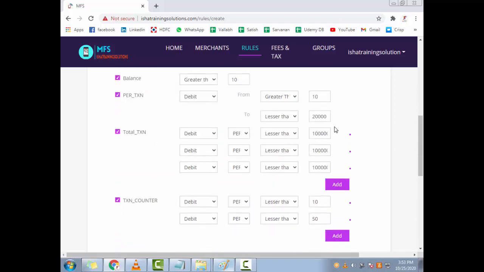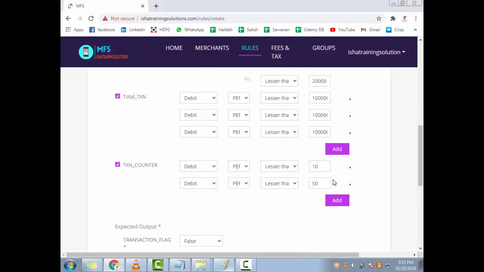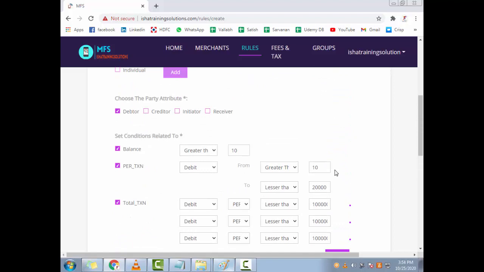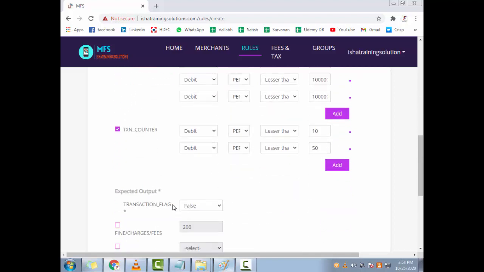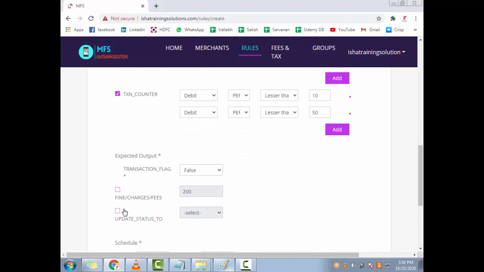You don't want a transaction of more than 20,000 to happen at all. Then you put it as false, which means that at any cost the transaction cannot be achieved. But somehow you feel, as a Paytm guy, I wanted to make some money. Then there are some rules, maybe not this rule, wherein you can mark it as true and then you can impose some fee on that.